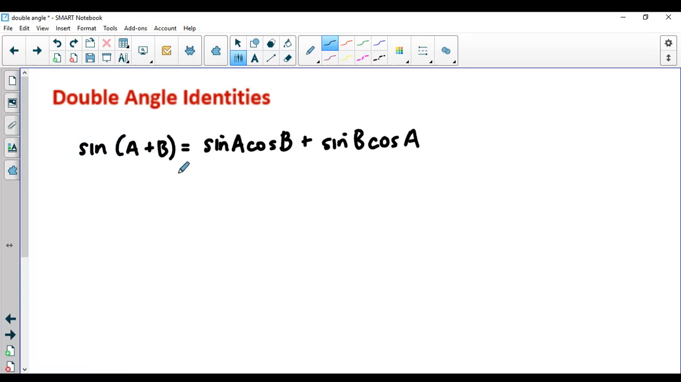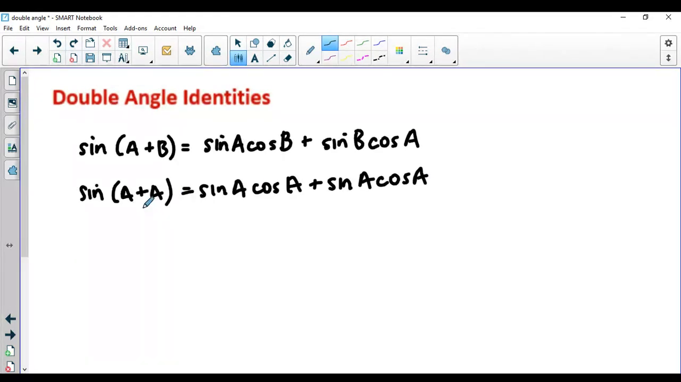I'm not sure if I mentioned it in my other video, but we're using different variables, A and B, because these angles are different. But what if the angles were the same? Then let's see what happens to this formula. So if we have the same angle,